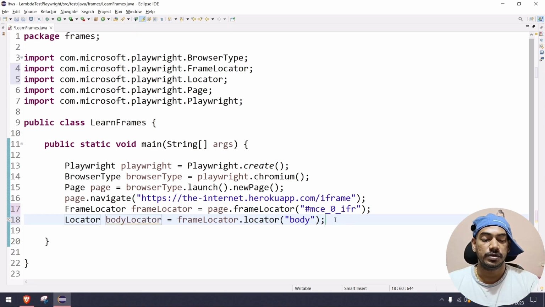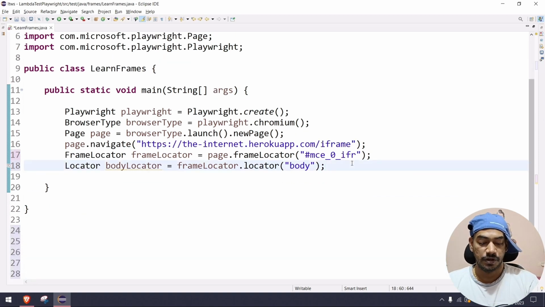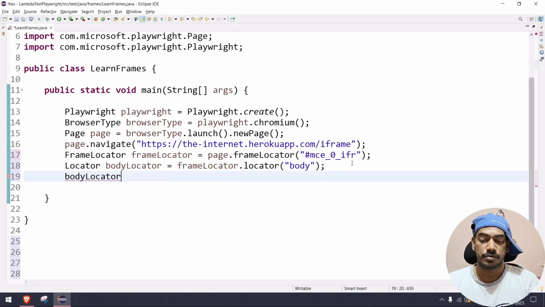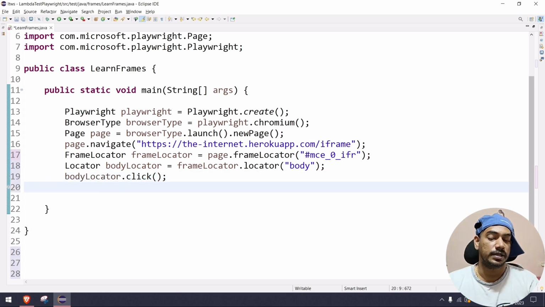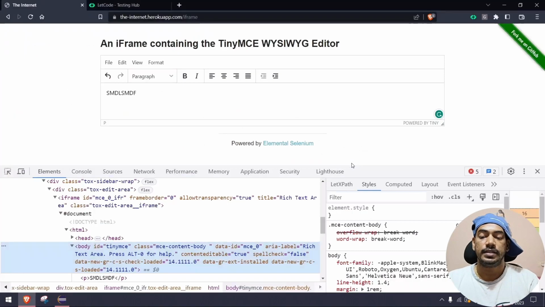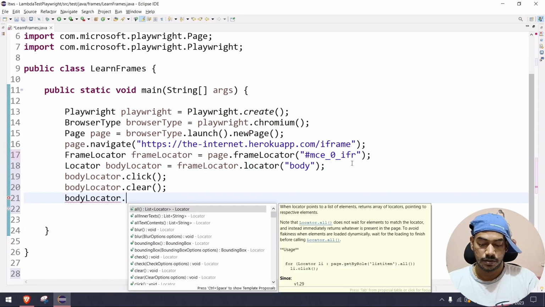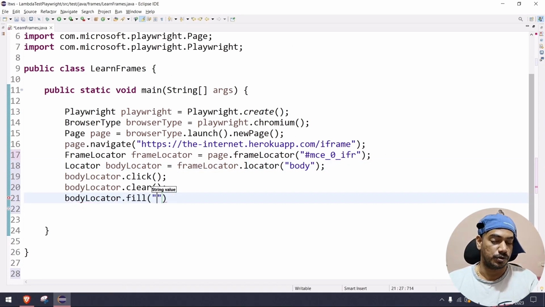And from the body, we are going to do the click action first. So body locator dot click. Once we do the click, then we have to clear the existing value. So we'll say body locator dot clear, which is very simple. And then I want to type. So here I will say body locator dot fill or type, anything is fine. I'm going to use the fill option here. So here I can say something like hey,